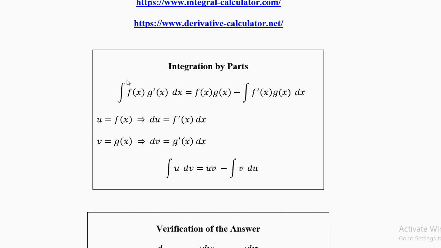See, what is important to be noted is that in the starting integral, you do not have a product of two functions, but you have a product of a function and the derivative of a function. On integrating it, you will get the product of two functions minus the integral of the derivative of the first function times the second function. So in this topic, we'll be learning to decide which is f and which is g prime, which is the first function, and which is the derivative of the second function.